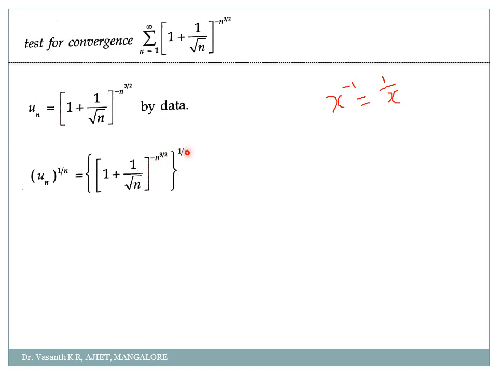Now the challenge for you students is to simplify this. See, I have a question now. (1 plus 1 by n) to the power n was always e, correct? Now my question is, what is (1 plus 1 by root n) to the power root n? You got it what I am telling? We'll come to know that. Okay, don't worry. Now, what did I do first?